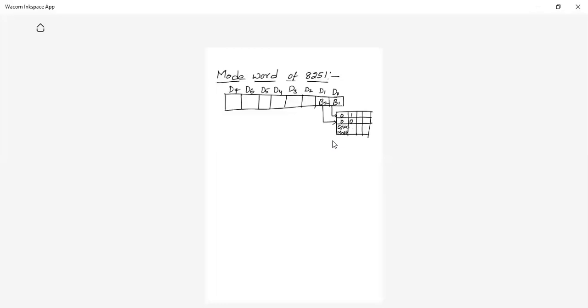1, 0, 1x, the baud rate. 1x means this is the receiver capacity where we are able to receive the data and we are able to transmit the data, right? Baud rate is the number of bits transmitted per second. Then 16x, 16 times your receiver clock frequency, like 32. And 1, 1 is nothing but 64x.